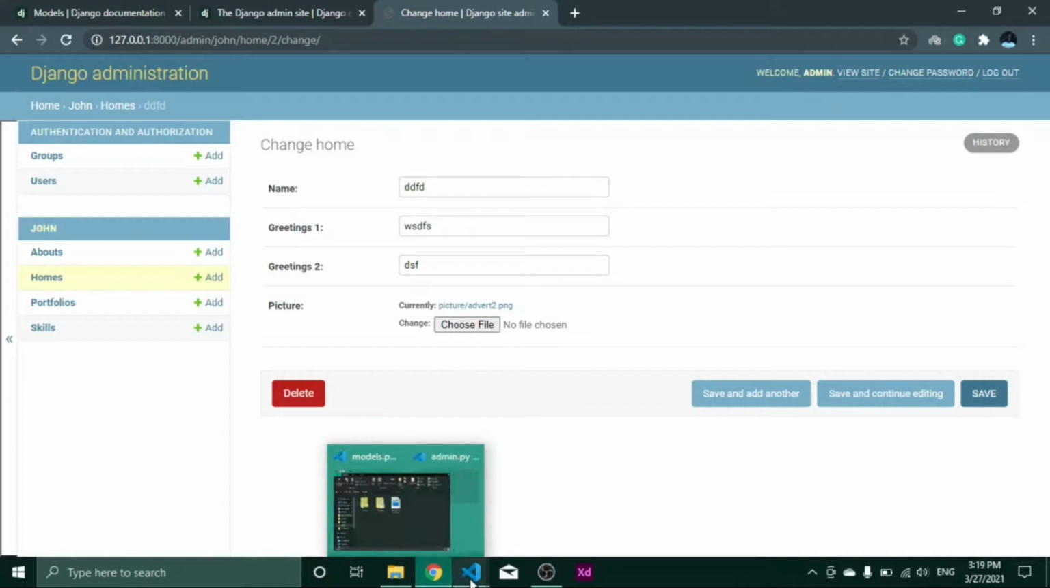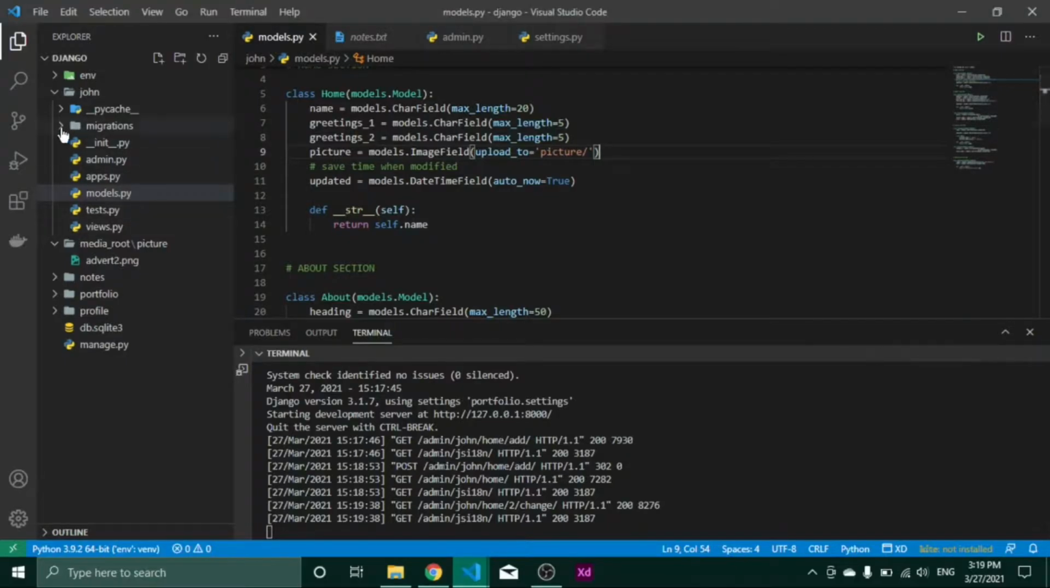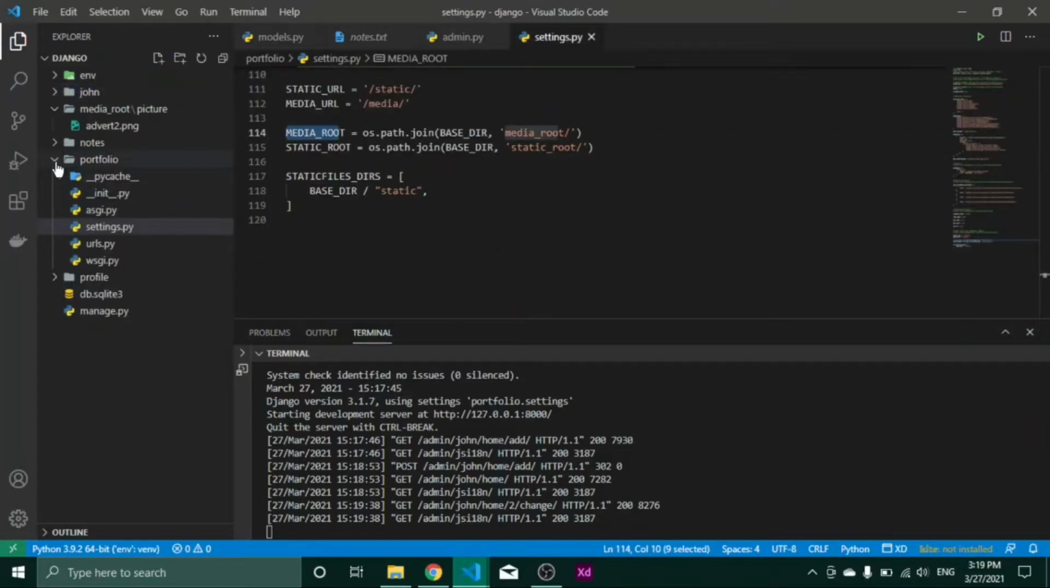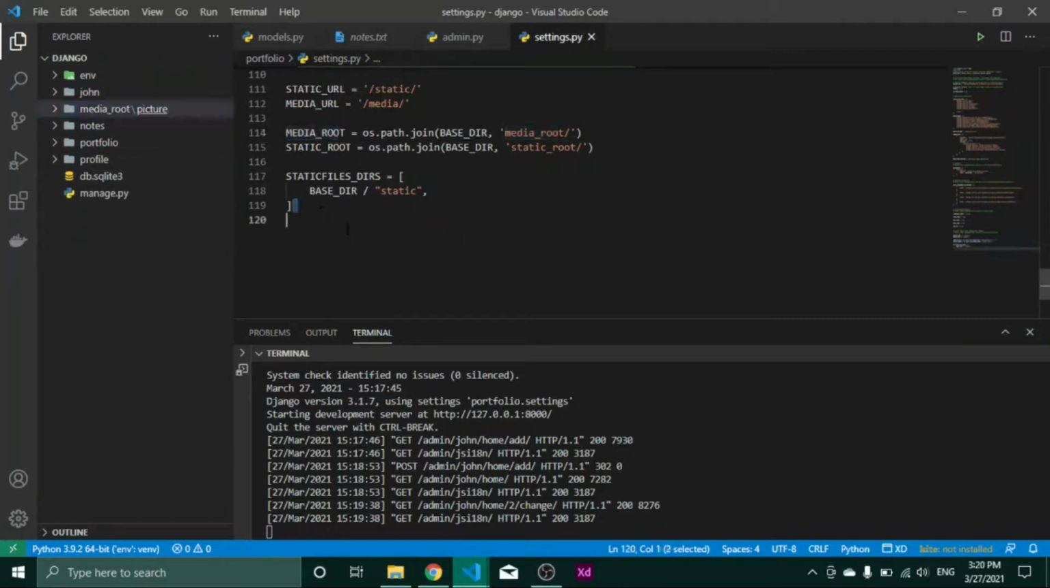So now that's basically it. Remember that Django was first of all creating a folder called picture here in the base directory. So this is just a way of cleaning up things and making sure that we have a folder that has all our media files. So that's basically it. Then now